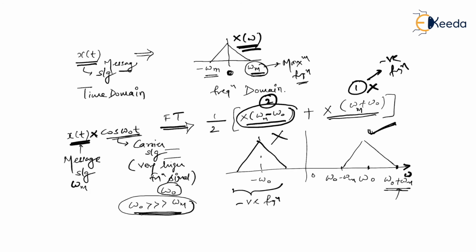That's what I'm trying to tell you: if you want to transmit some signal in the time domain, which has some lower frequency, let's say omega m, over longer distances with a minimum size of antenna, then there is only one solution. You have to make use of modulation. Modulation is a process where you enhance the frequency content of the signal and only then you transmit it. So this is how I have tried to tell you the property. Whenever you multiply your signal x of t with cos omega naught t or sin omega naught t, what you are actually doing is modulation. So this is also called the modulation property.